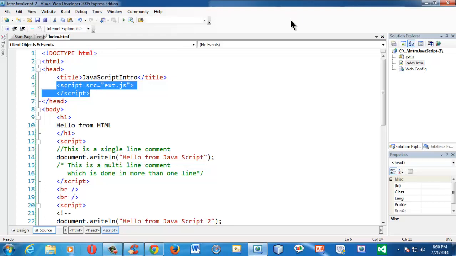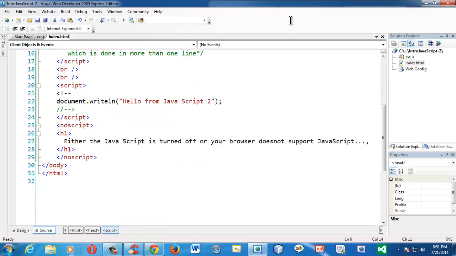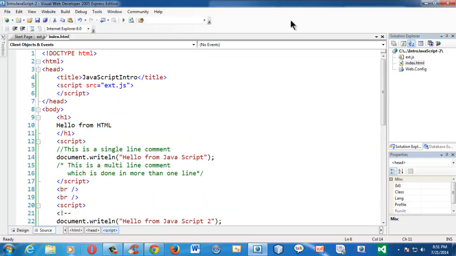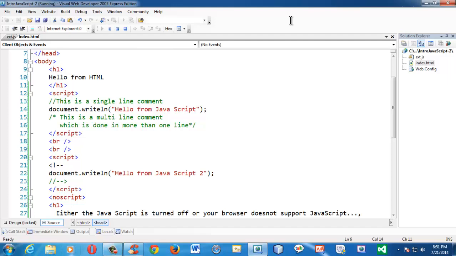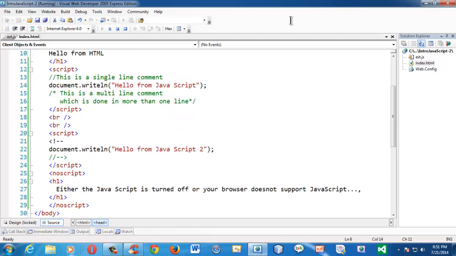Inside the script tag we had an src attribute, and we have just linked the external JavaScript file, which sits in our own project folder. In this way you can link the external JavaScript file. If you want, you can run this page once again in Chrome to see the output. So this is about another introductory part of JavaScript.